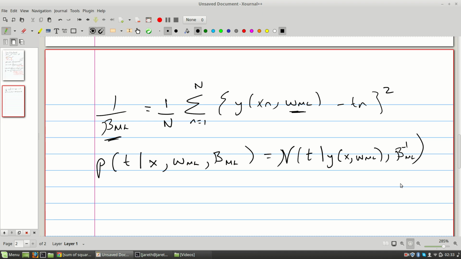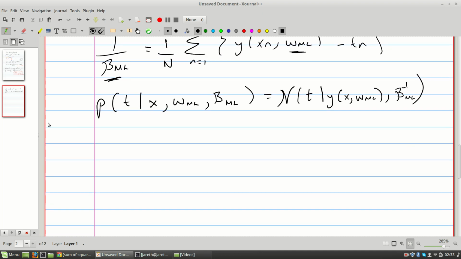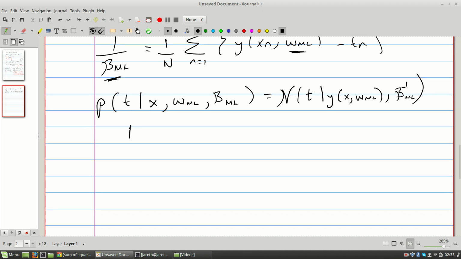This is the idea. So we can express the value for t, after we've found what wML is and what beta ML is, using our Gaussian distribution as follows. So what we end up with is not just a simple point estimate, but, when we really think about it,